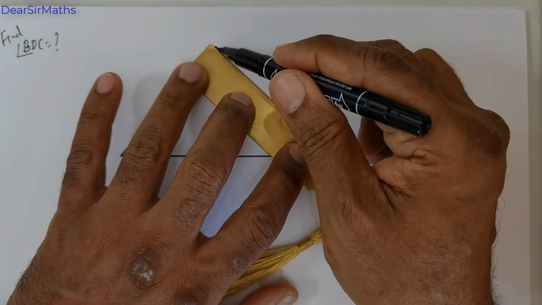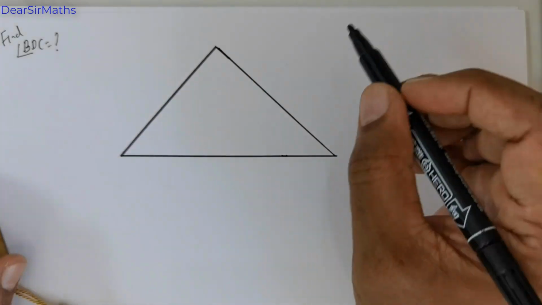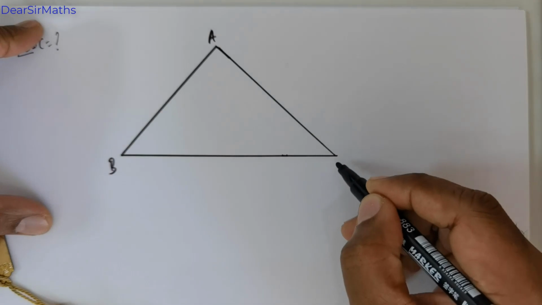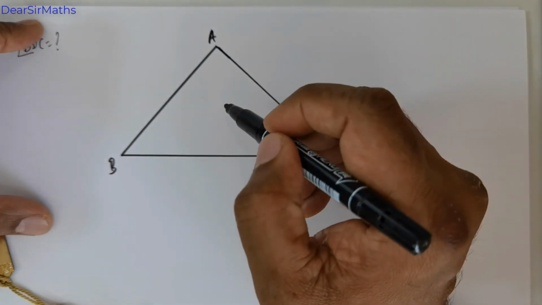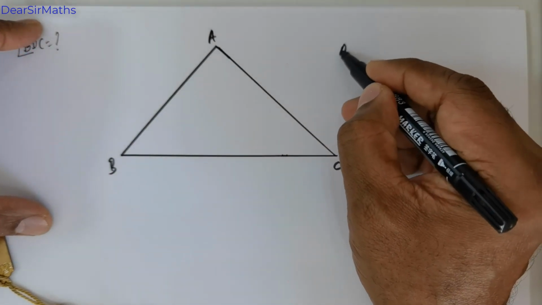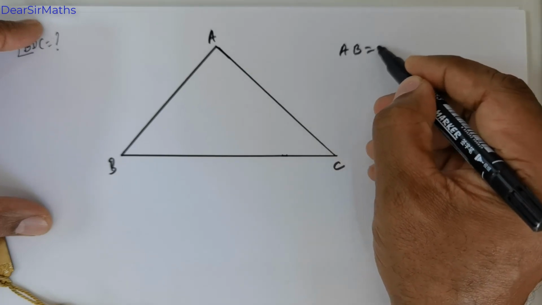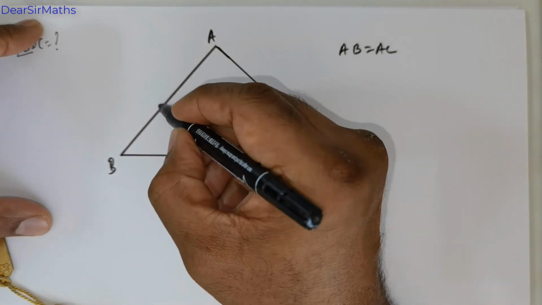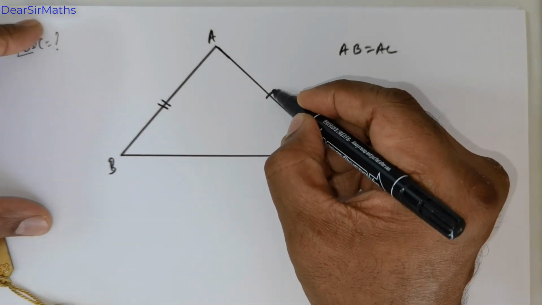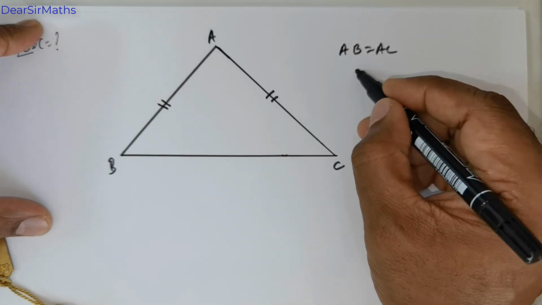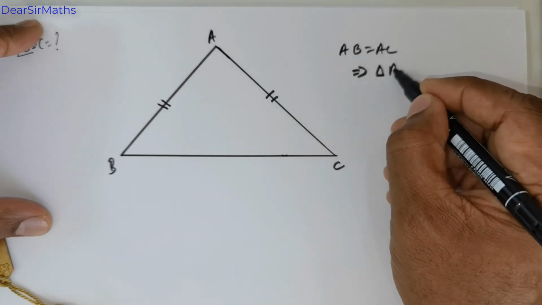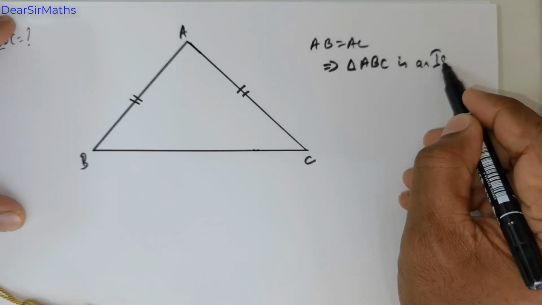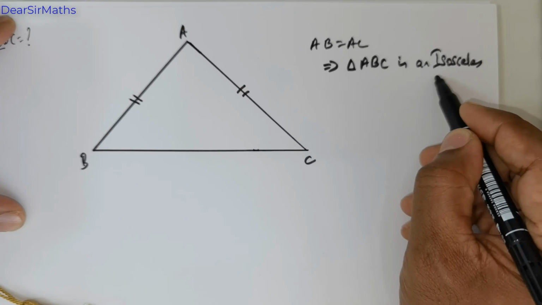Now the triangle is ABC and it is given that AB is equal to AC. So that would mean we are dealing with an isosceles triangle. So this means triangle ABC is an isosceles triangle,